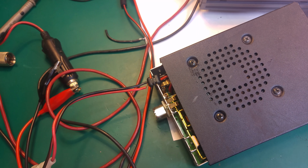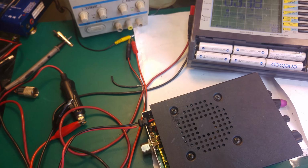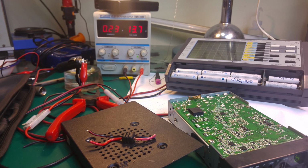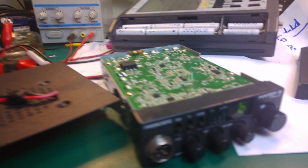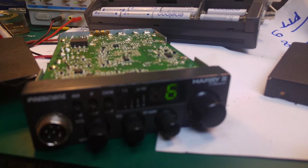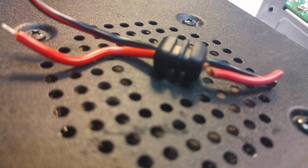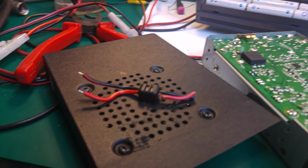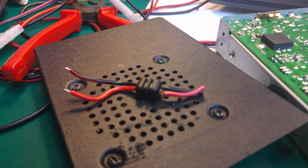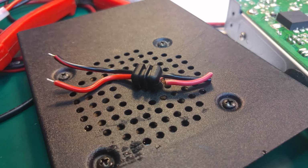I will try to solder wires directly and we are going to check. Okay guys, so as you can see the current is going into the radio. We've got our display working. We can set the channel, and if I turn the volume up you can hear the hissing from the amplifier. We do not have any antenna connected, and that's okay, so we shouldn't hear any static. So that's the problem,